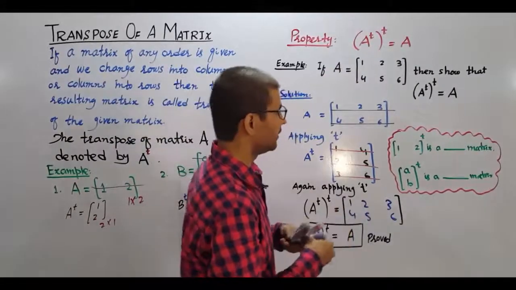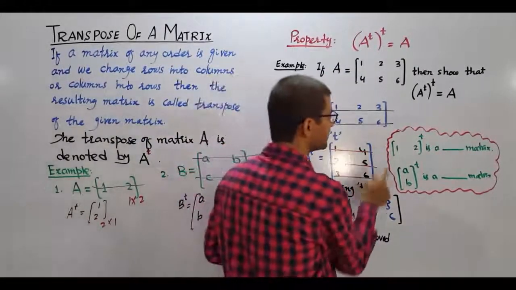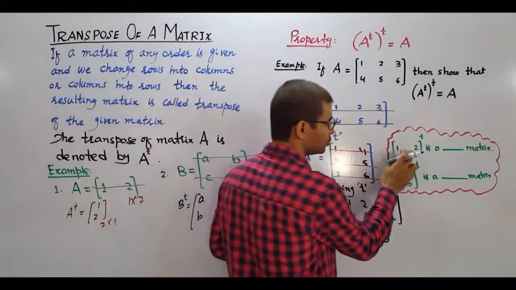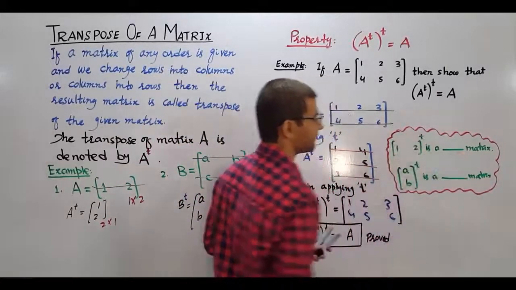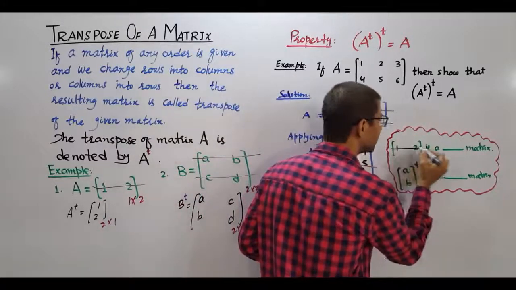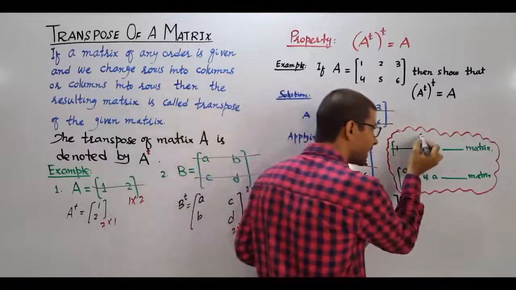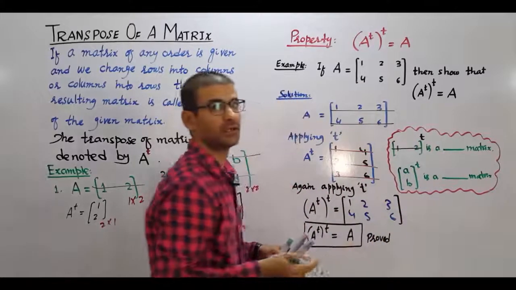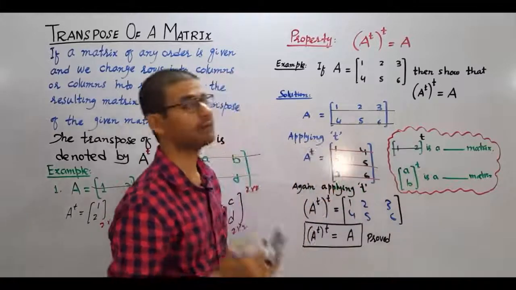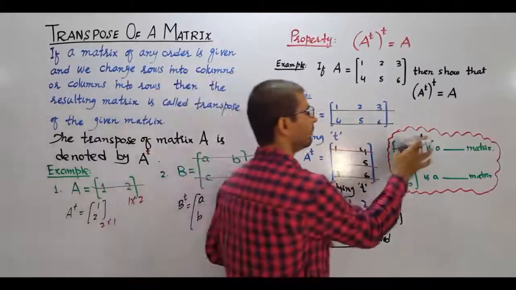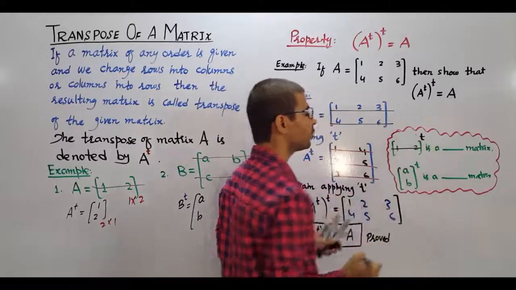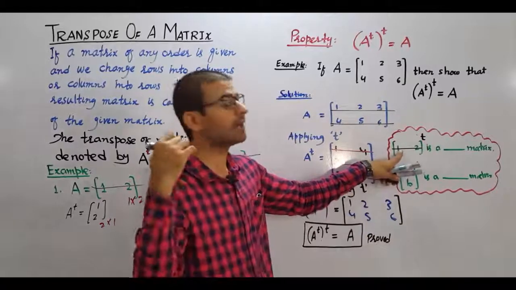Next, students, these are 2 important MCQs. Fill in the blanks. [1 2] to the transpose is a dash matrix. If T is not present, then this is a row matrix. But here we have transpose. So first take the transpose, then decide whether it is a row matrix or a column matrix. Without transpose, this is a row matrix. But when we take transpose, then this row will become a column.